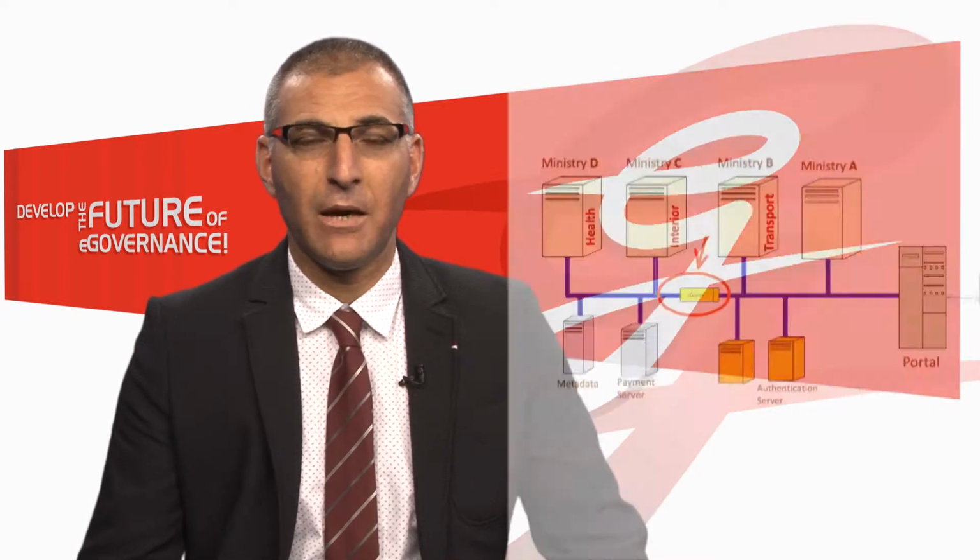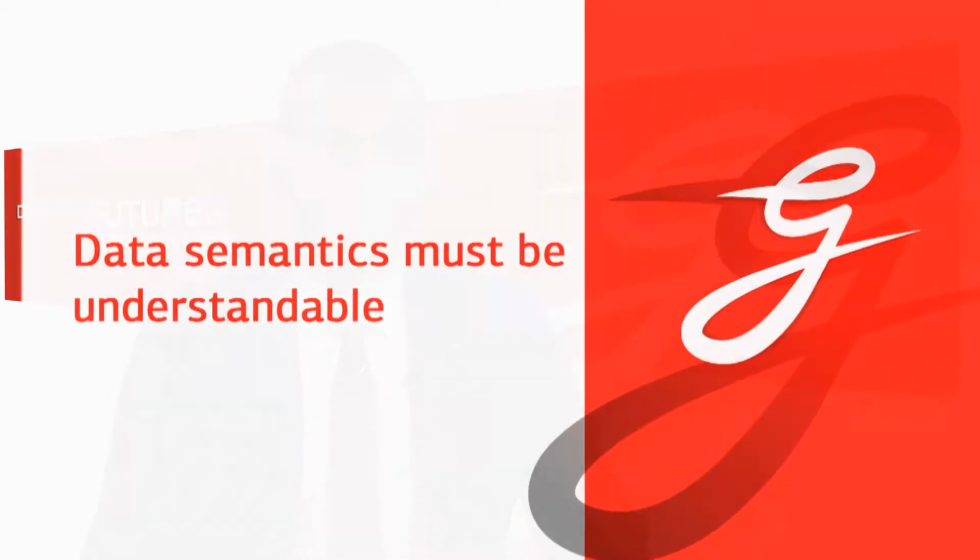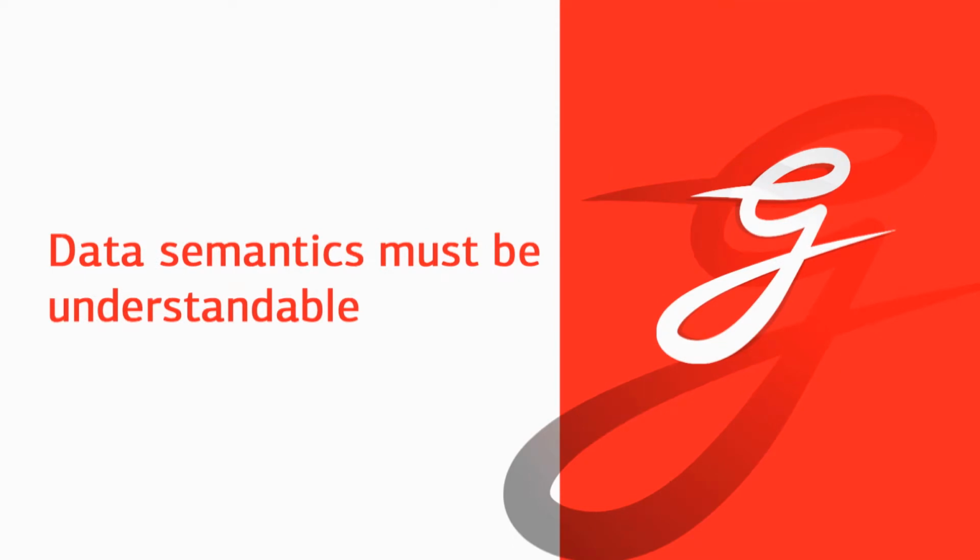So, what does it mean, operations between organizations? Especially in the e-government domain, we need to exchange data between ministries or organizations. Suppose organization A wants to send a data message to organization B, and inside the data message there is data. What we need to achieve is that the meaning, the semantics of the data, has to be clear to the receiver.